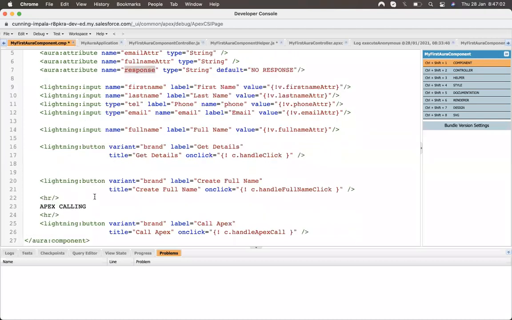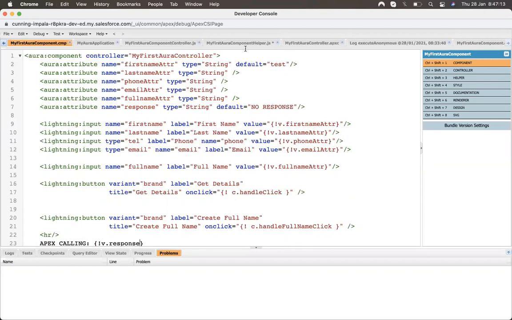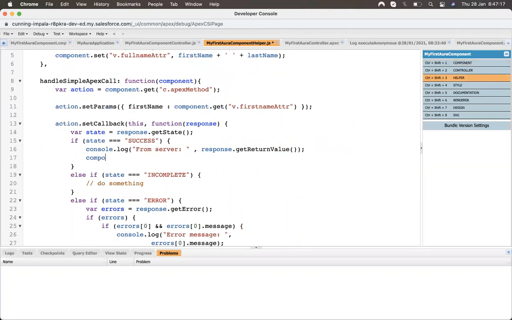Okay, and I bind this response value to here. Okay, I bind that, and let's set that value. So whatever response I'm getting, I will pass that response to this.